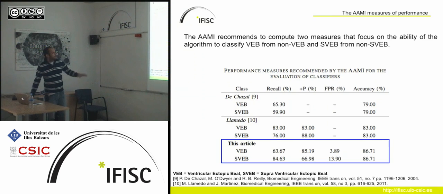The last thing is the following. In a clinical environment, if you go to a hospital, for example, it would be more important to see what kind of pathology you have. Not only whether you have a ventricular ectopic or supraventricular ectopic, but which one you have, because this is the one we're going to treat particularly.